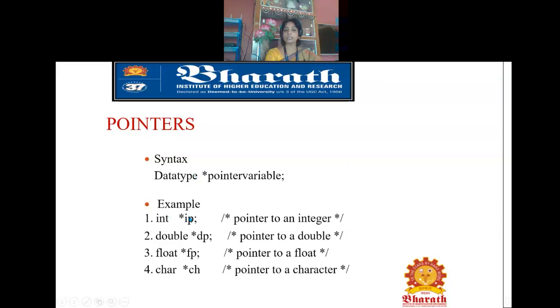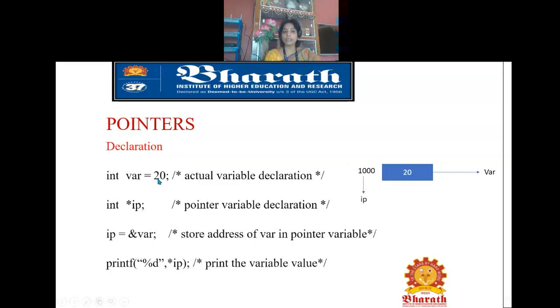That is, this IP is a pointer to an integer variable. If I specify double star DP, then it is a pointer to a double variable. Float star FP represents a pointer to a floating point variable and char star CH represents a pointer to a character variable. Now let us see the declaration for pointers.